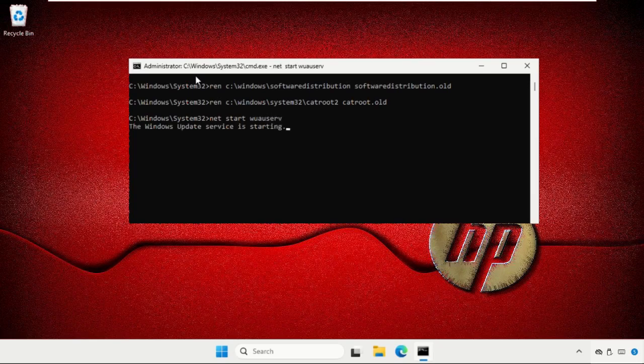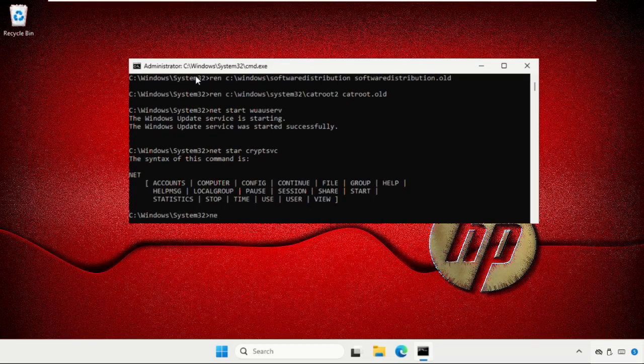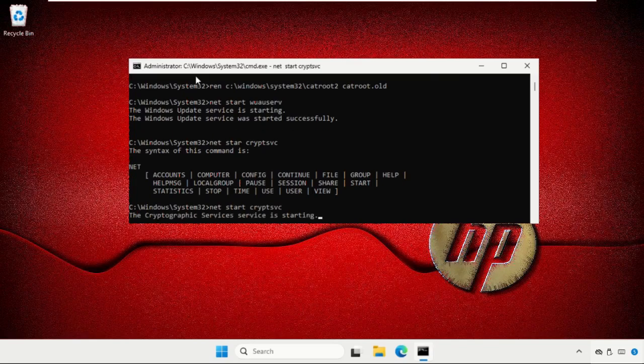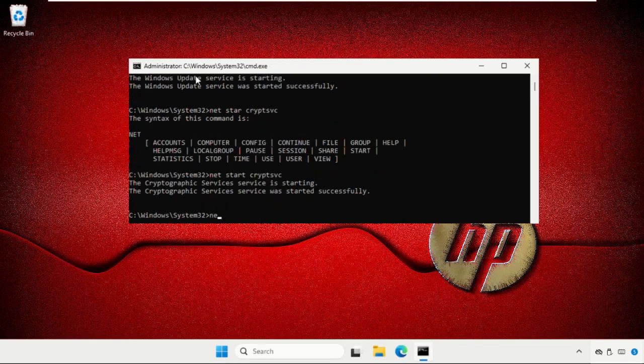WUAUSERV and hit enter. Wait for a few seconds, then type in net start cryptsvc. Okay, my bad, we need a space. I forgot to add the t: net start space cryptsvc. You need to execute all these commands carefully. So hit enter. Now type in net start space bits